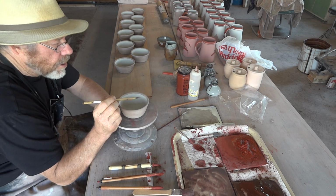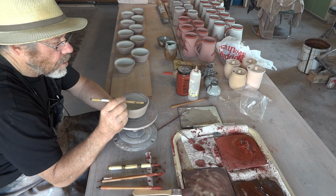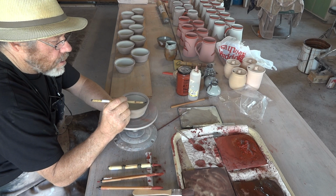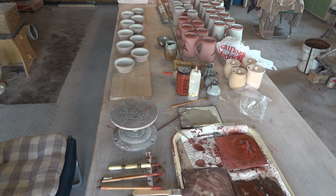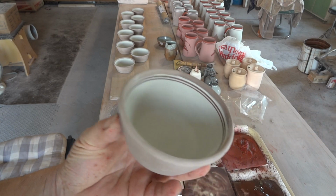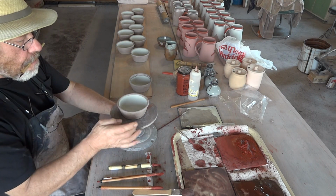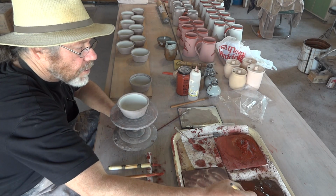So we're going to add two lines here at the top. One. And two. All right. Okay, you see the two lines there. That's what I'm going to do. At this stage, this is my